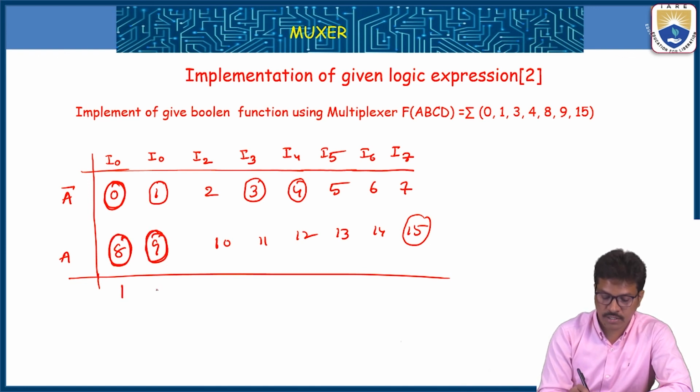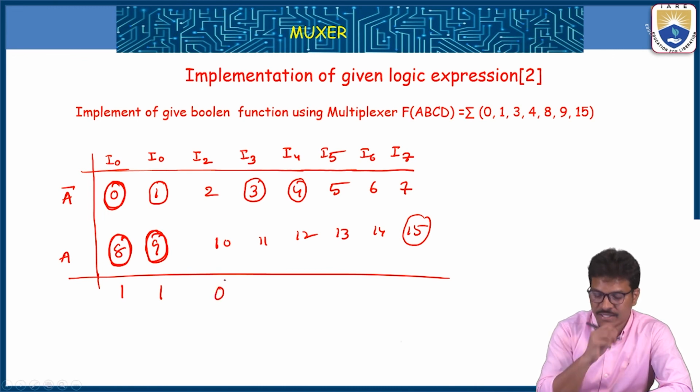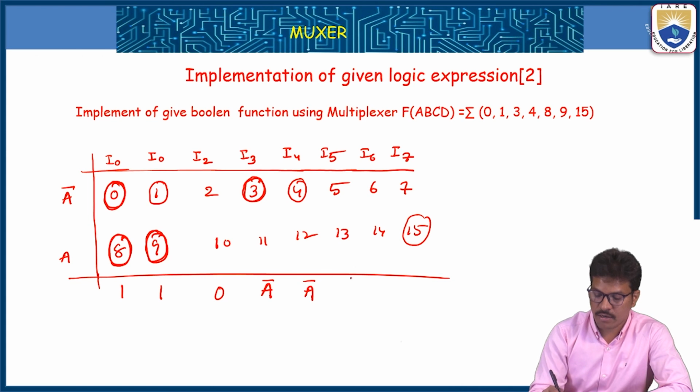Both circles, we get 1. No circles in this column, 0. Here it is only one circle, its corresponding input is A bar. Here it is A bar. Here it is 0, 0, A. So your multiplexer now,